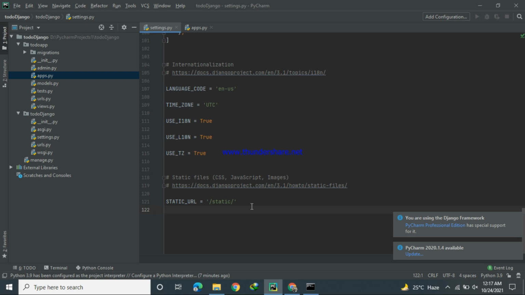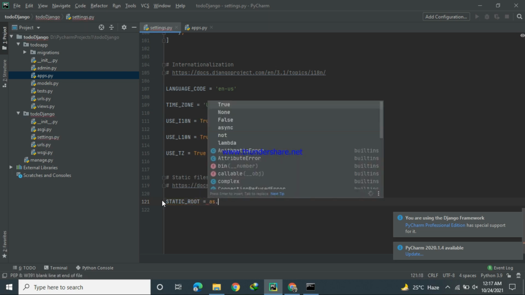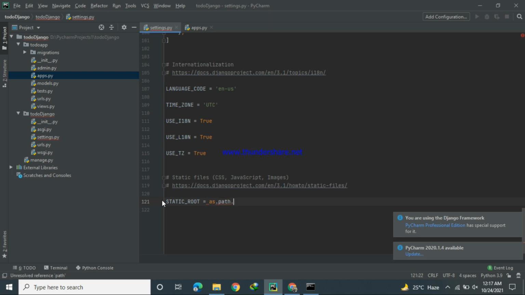So I will give some specific routes for our static. I will remove the static URL. First of all, we have STATIC_ROOT equals os.path.join, then we will place the URL BASE_DIR, base directory.